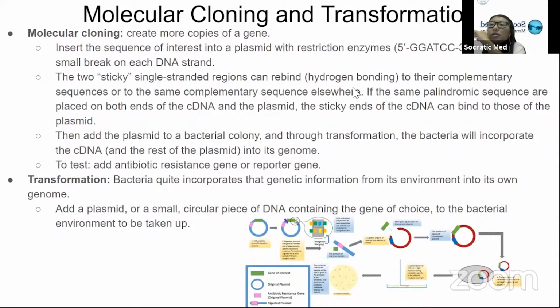In the case that the same palindromic sequences are placed on both ends of the cDNA and the plasmid, because in the first step we're trying to insert the sequence of interest into the plasmid, both of them have that break, so the sticky ends of the cDNA can bind to those of the plasmid. This is what I'm illustrating here, where we have these sticky ends already of this plasmid,